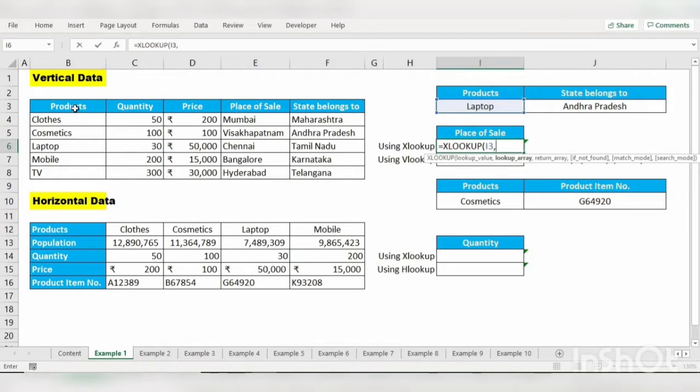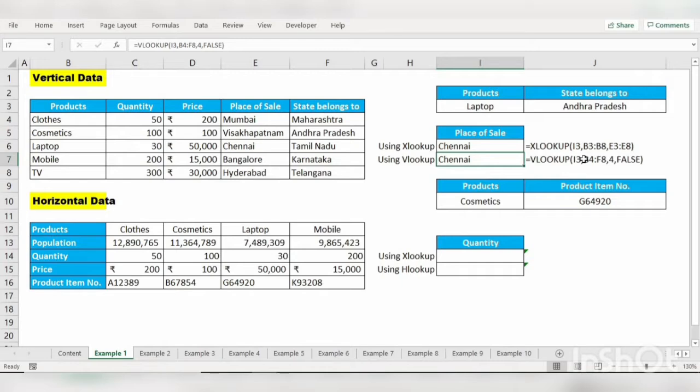When you are choosing the lookup array, we have to select only the array containing the lookup value, and the return array is the result we are going to get. Now what result is required? Place of sale. So the result area is place of sale. Then if not found, match mode and search mode we will cover in our upcoming examples. Now we can close the bracket. Now you will see the result, Chennai.